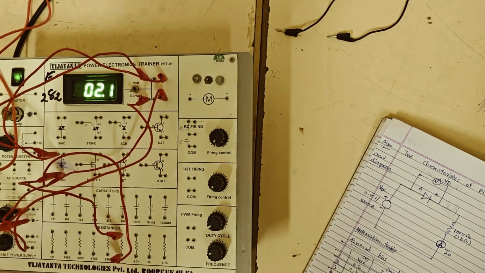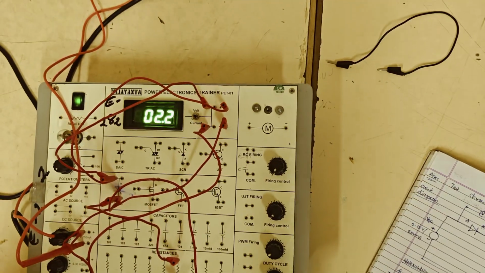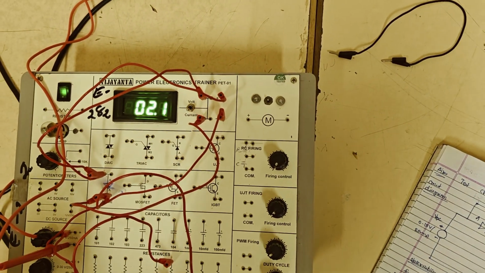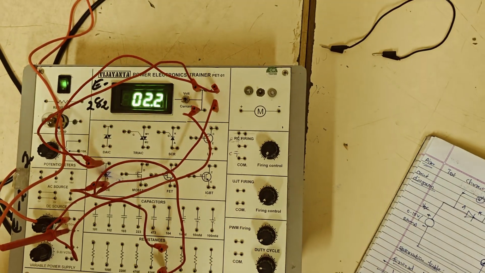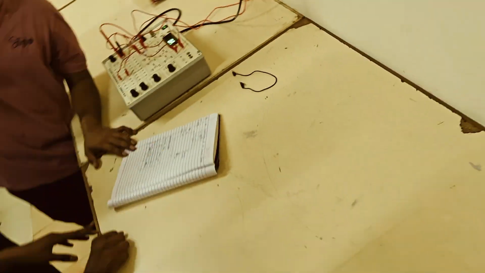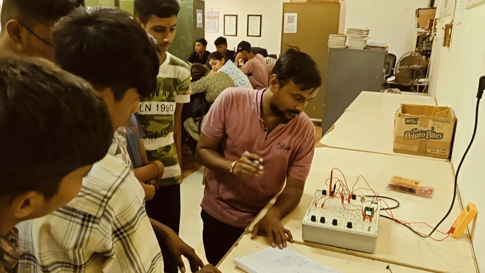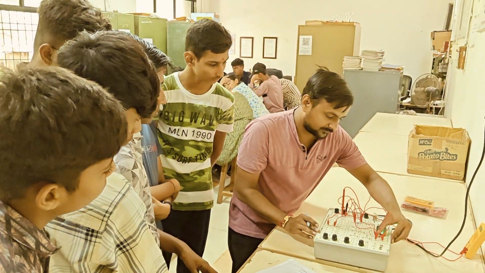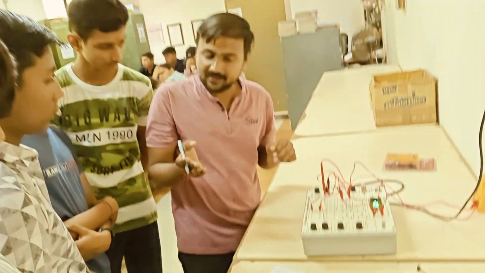2.83. Okay, let me check the current flowing through the diode. Has it been increased or not? You can see current has been increased from 0.3 to 2.2. What is the value of the breakdown of the junction in the diode? It is 0.7. Okay, now turning this toggle switch to the voltage parameter.